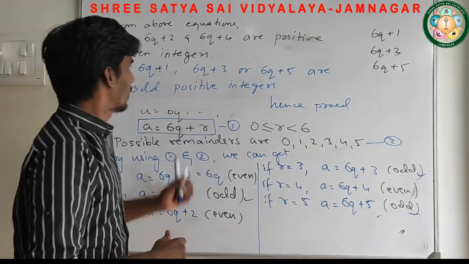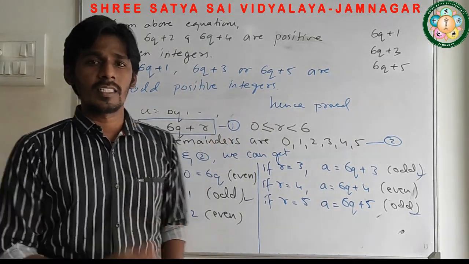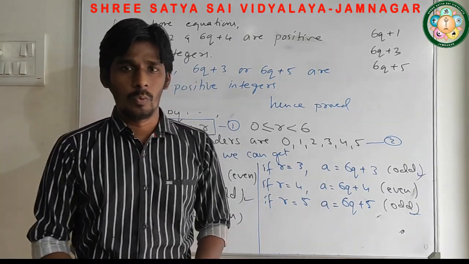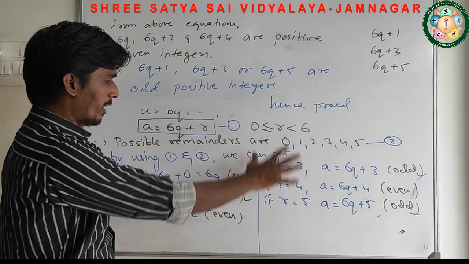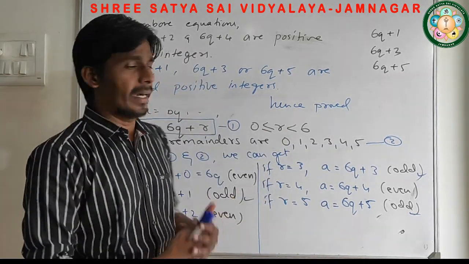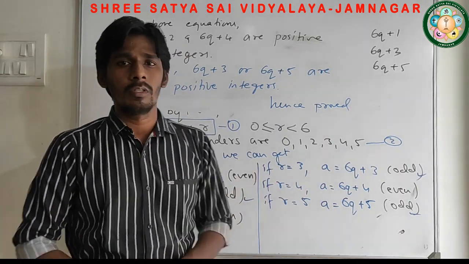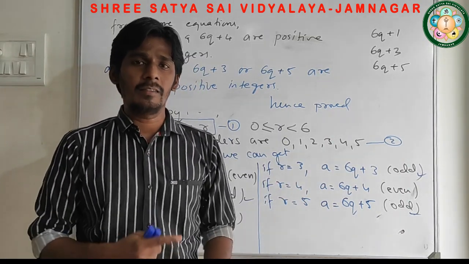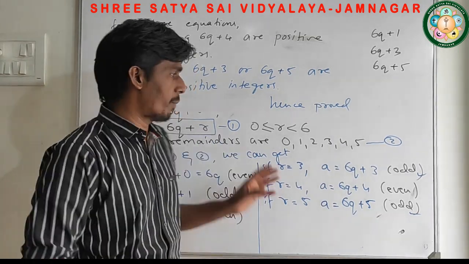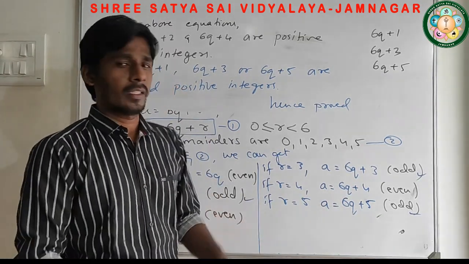So hence we prove that this 3 equation has odd positive integer. So this is the way we can prove Question number 2 of exercise 1.1. So this is the only new thing you have to learn. So let me explain you the next question. You will find better and you will feel much more confident regarding how to solve this, because second, fourth and fifth all are of similar type of question. Just minute changes are there in the steps. Few more steps you have to do after this one.